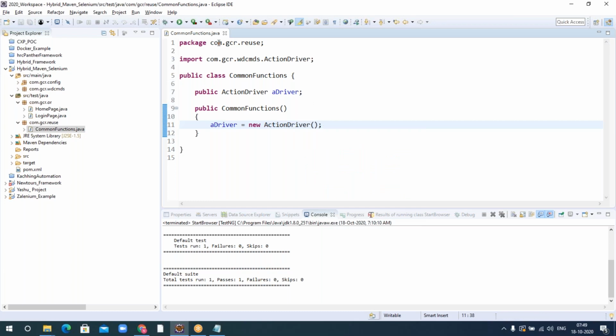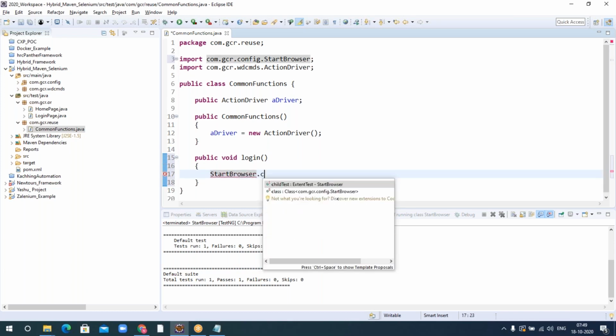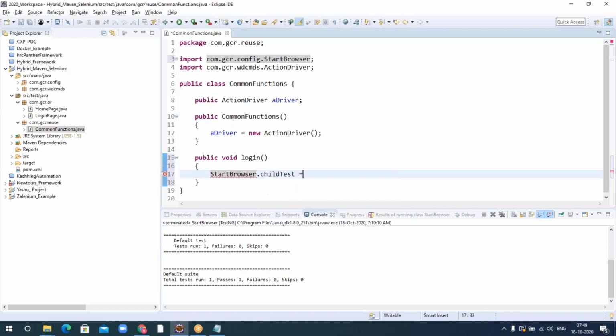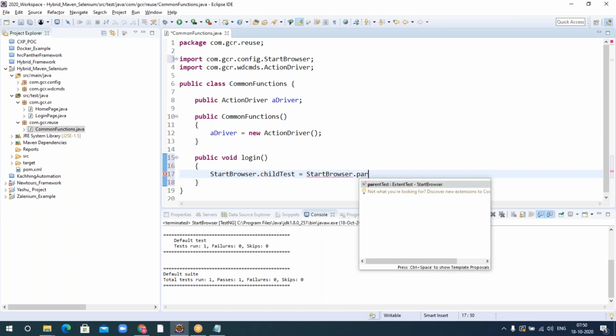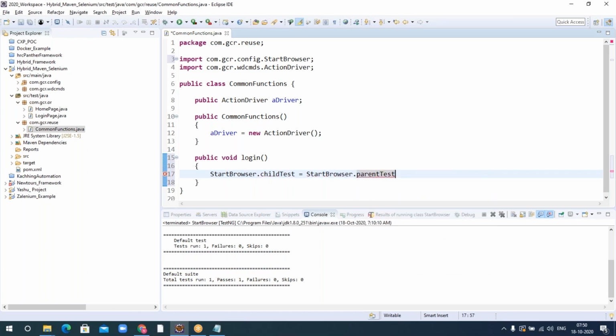Okay. Now the real function becomes public void login. This is my function, right? So here I need to write one line, which is nothing but a step. Start browser dot child test equal to start browser dot parent test dot create node.